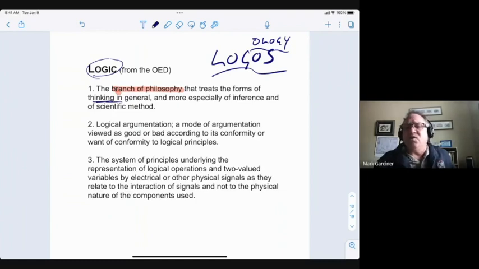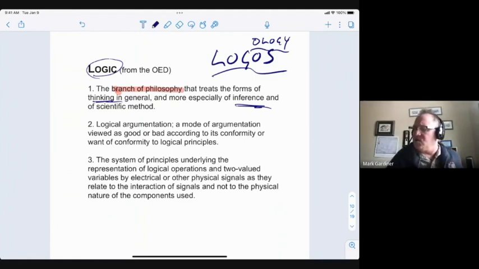So psychologists, for example, are quite interested in human thought and thinking as well. But often they're interested in where our thinking goes wrong or haywire, or the actual mechanisms, the brain processes that are involved in thought. Logic is interested in the structure of thought below that, at a more foundational level, thought itself, and especially inference, which we'll be spending a lot of time on, and method.